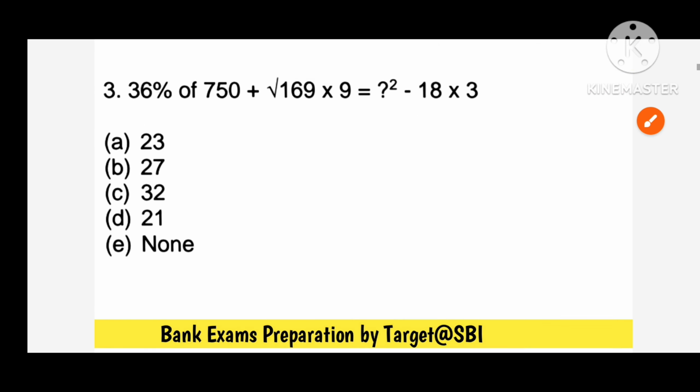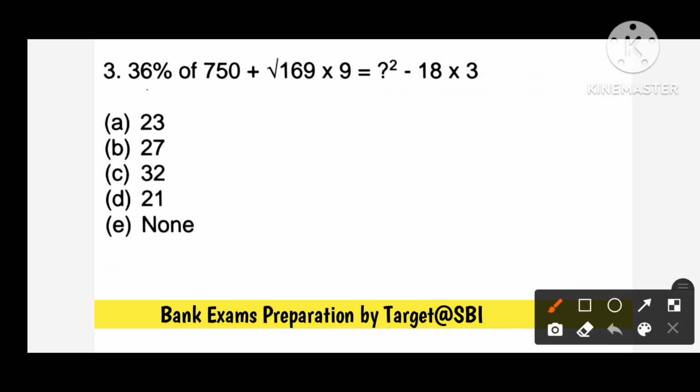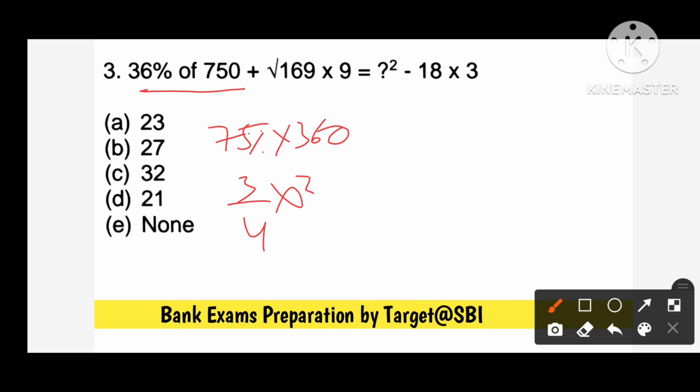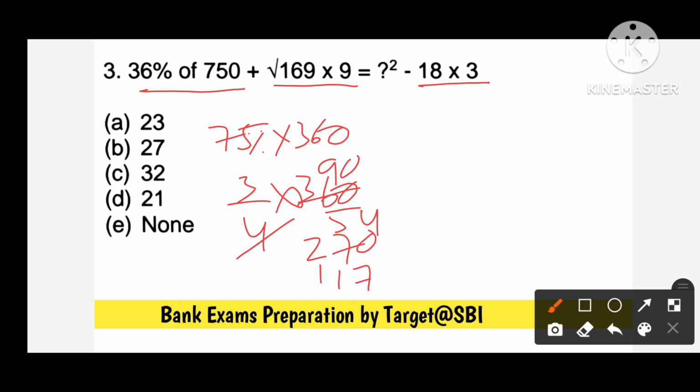Next question number 3. Here we can write this as a 75 percentage of 360. So 3/4 of 360, 90 times 3, 270. Here we have 39 times 3 which will be 117. This comes other side with the plus 54. So what we have is unit digit 1 and 6 7 times 7, 7 times 7 is 14, 4. So 441 equals to x square. So our answer will be option D, 21.